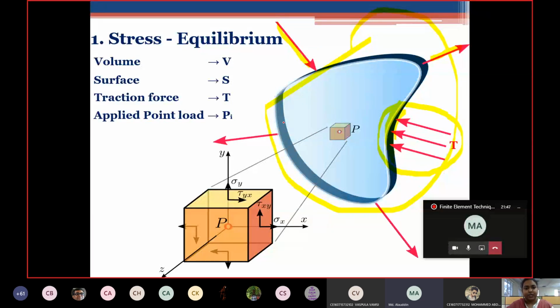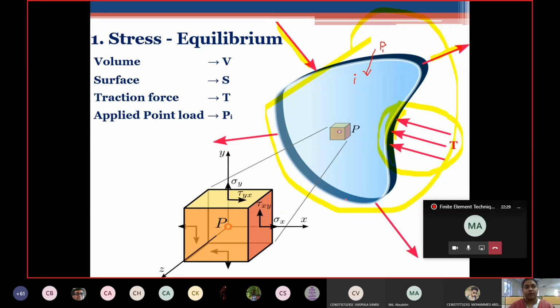Alright, let's continue. Now, there is some traction force. Suppose in the figure we are not seeing any specific point load, but if there is a point i anywhere, we will think that a point load Pi is also acting at that point. A surface or a body or a structure can be subjected to any kind of loading. The loading can be at once or individually. Now, how do we actually understand the stress behavior of that? That is what analysis is.